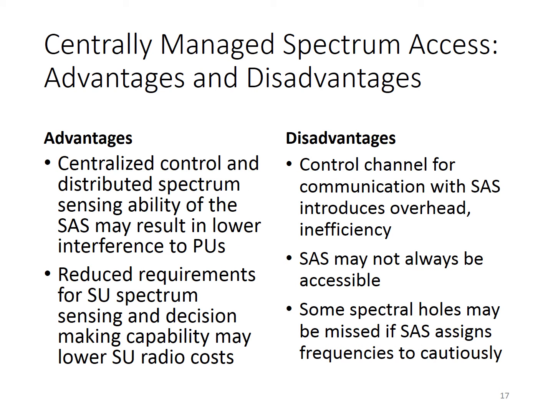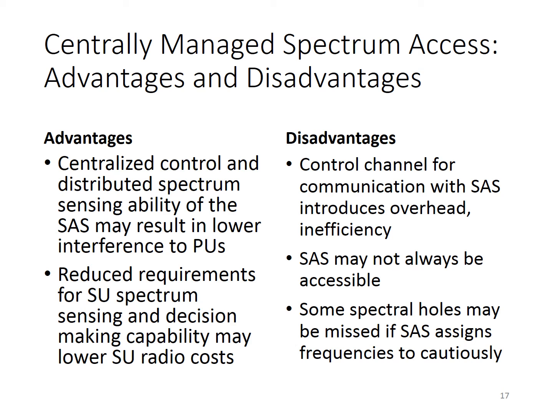Centrally managed spectrum access has advantages and disadvantages compared to other approaches. Here are some examples of advantages. Use of a SAS that can sense spectrum over a wide area may reduce the probability of interference to primary users compared to adaptation that relies only on the secondary user's own sensing capability. Use of a SAS also reduces required capabilities for spectrum sensing and access in the secondary user radios, which may